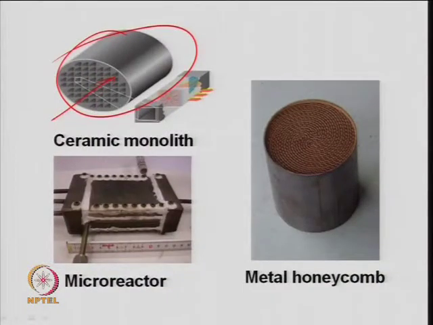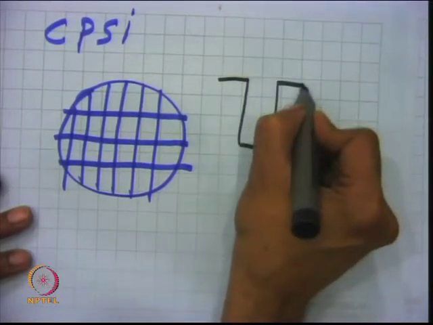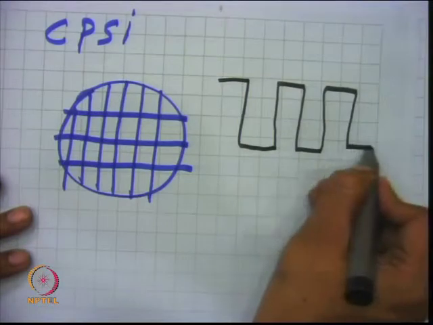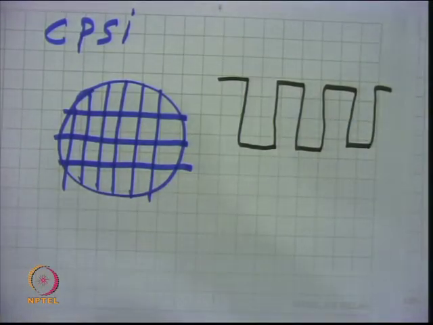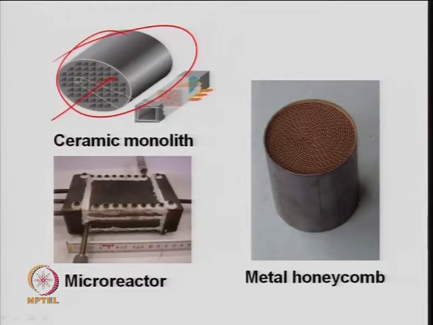The same thing is there in a plate and frame heat exchanger. So this is a kind of system where the fluid follows a zigzag path like this. Again you have a large surface area per unit volume, just like in a plate and frame. Something goes from this side and then comes down like this, flowing through small channels of 0.1 micron, small depth channels. This is known as a micro reactor, and nowadays it is widely being considered for reactions like reforming.